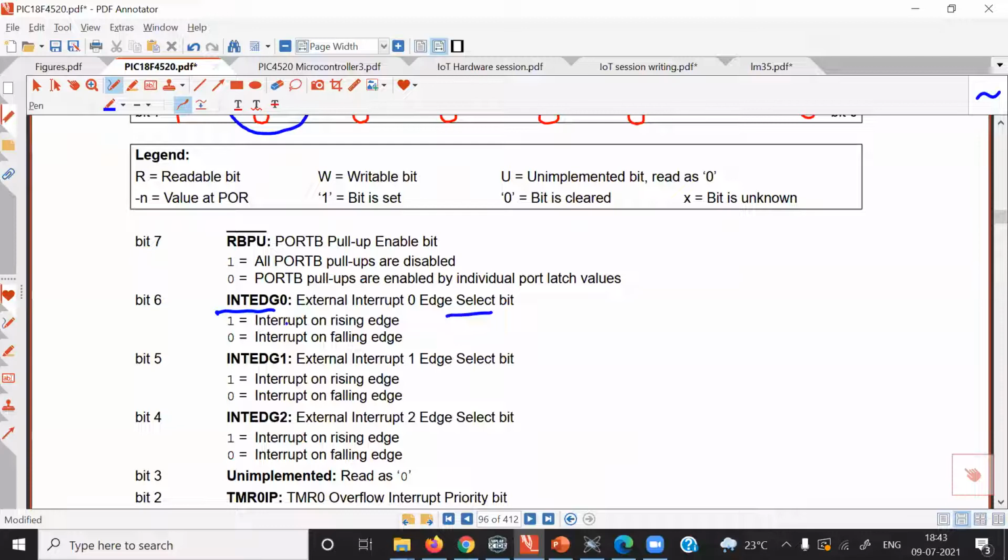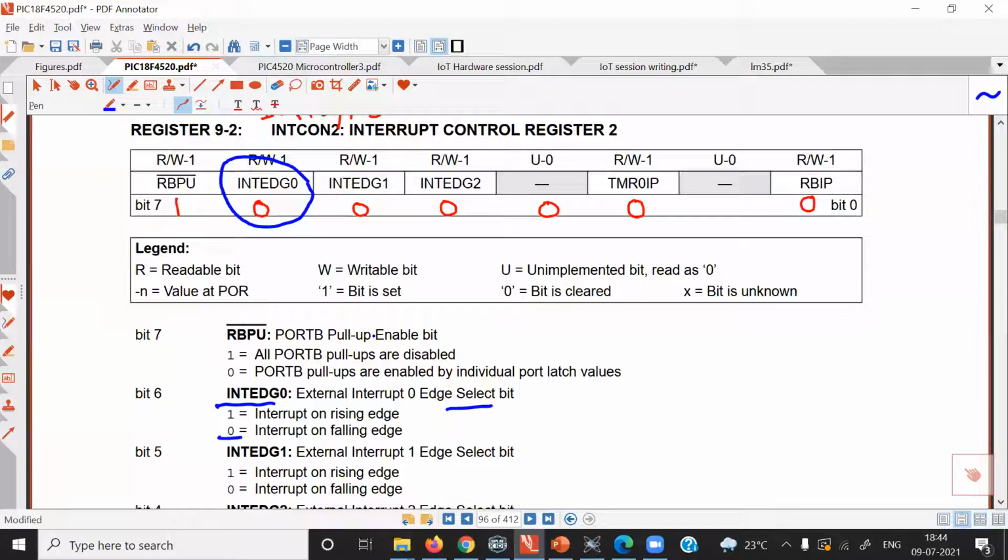So when this bit is 1, interrupt on rising edge will be triggered, and when this bit is 0, interrupt on falling edge will be triggered. What we want is interrupt on falling edge because I have used a pull-up register. So we want interrupt on falling edge.